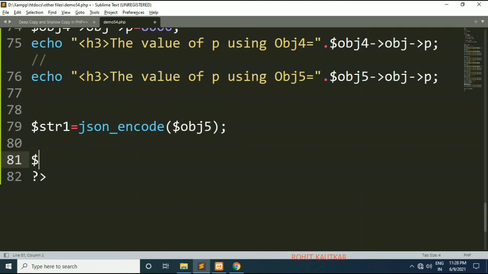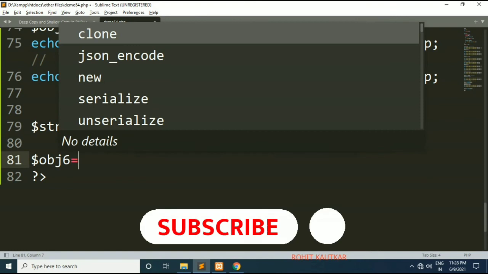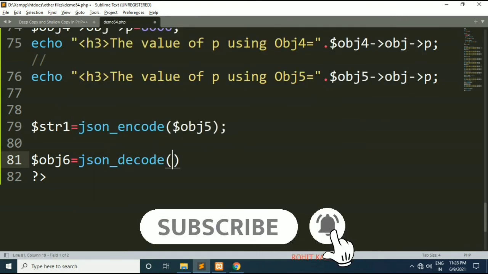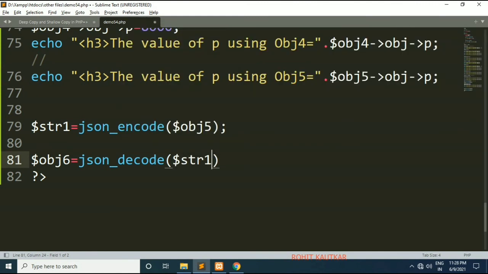Now I will create the next object: object 6 is equal to JSON decode and pass your string which you obtained from JSON encode, str1.